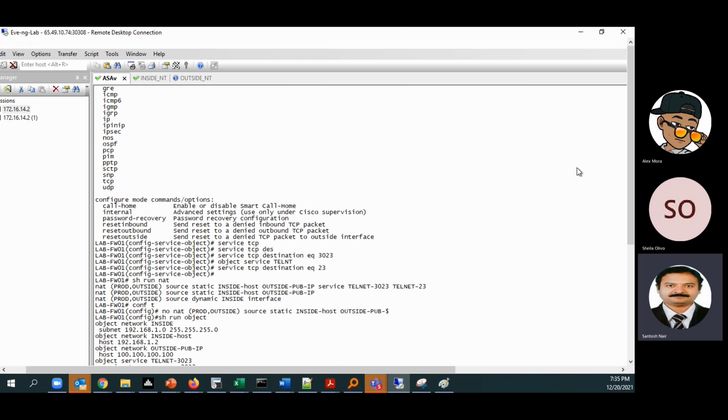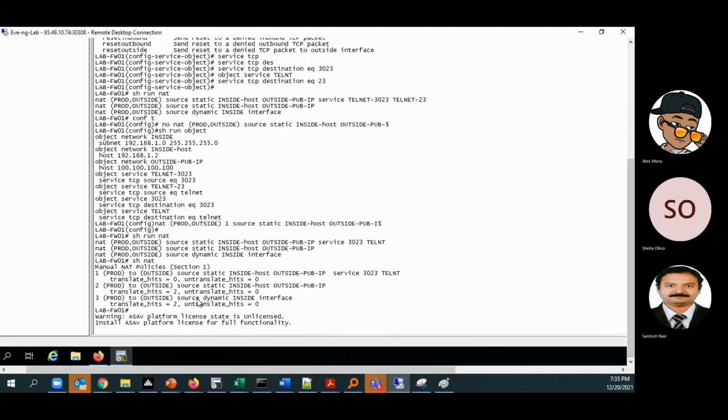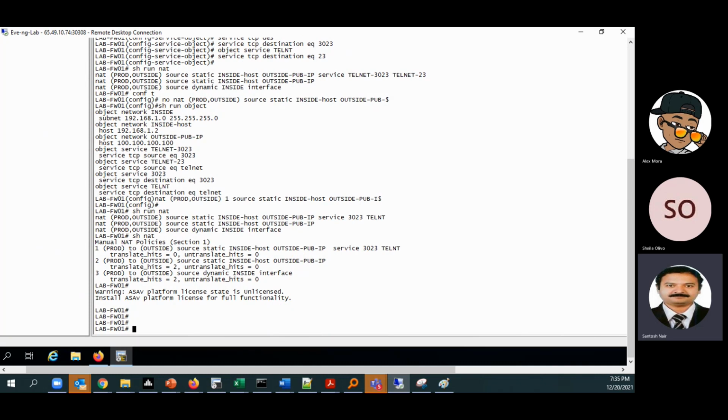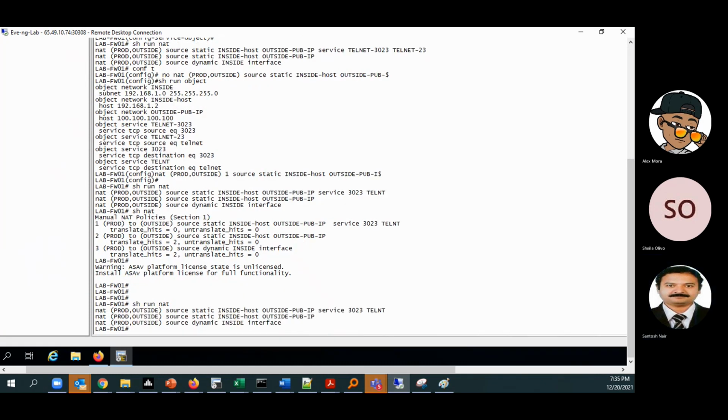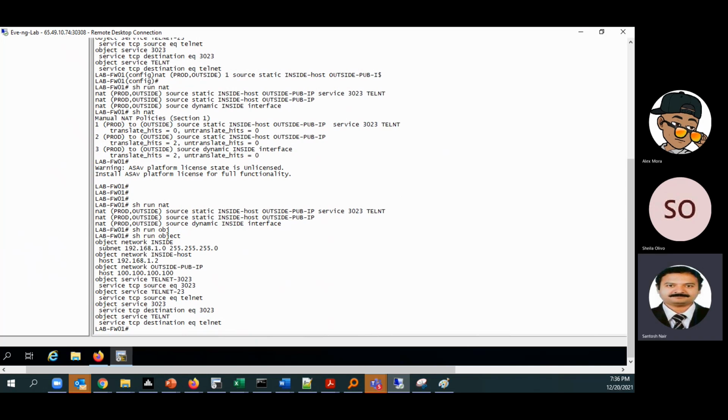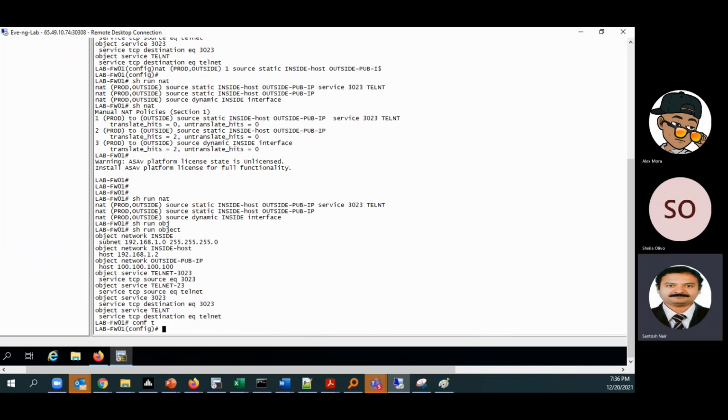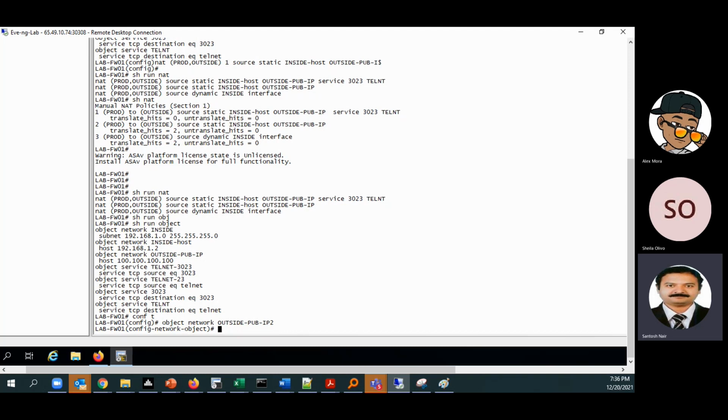What we are going to do is the same thing. Show run NAT. Run object. What we'll do is we'll create one more object: object network outside pub IP2, and this will be host 100.100.100.101.